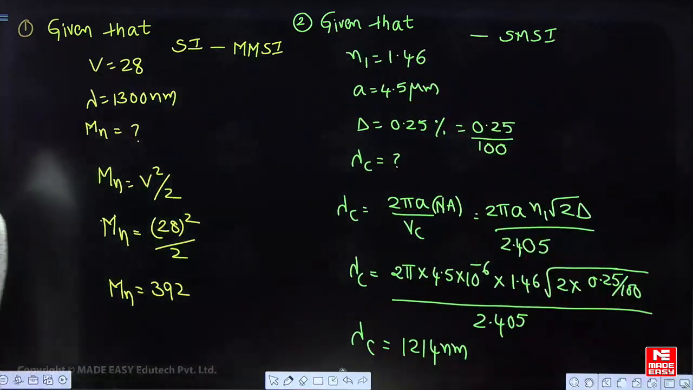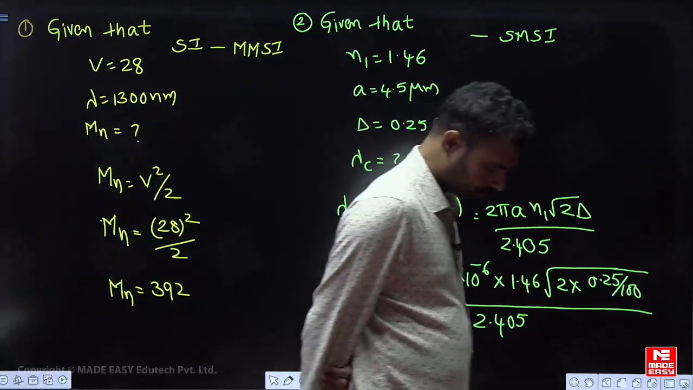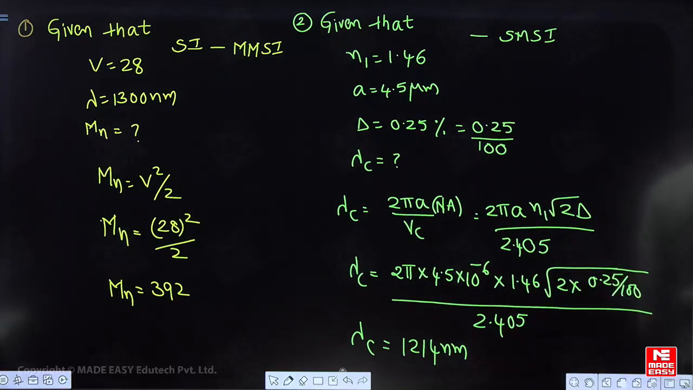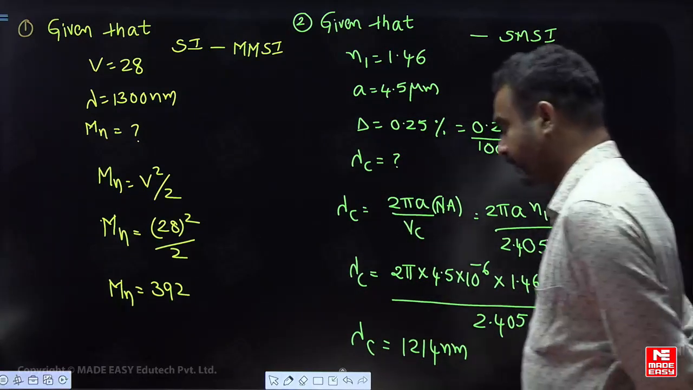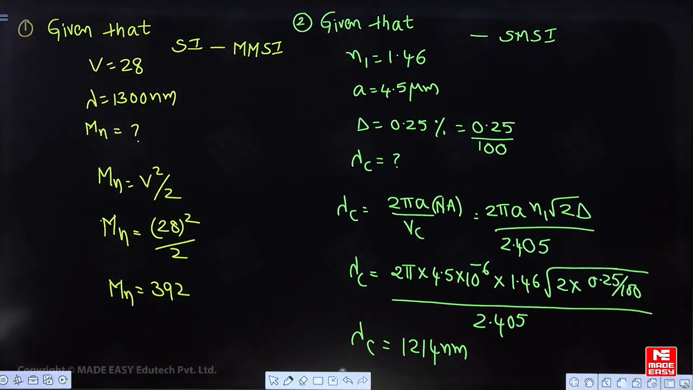Question number 3. A step index fiber has numerical aperture 0.173, and supports 400 modes at a wavelength of